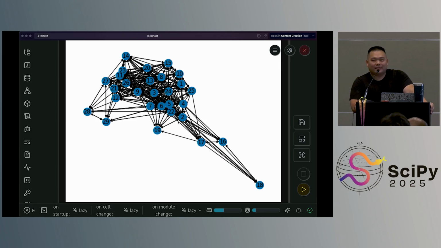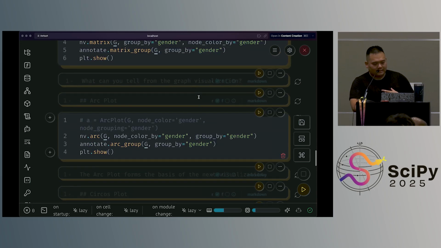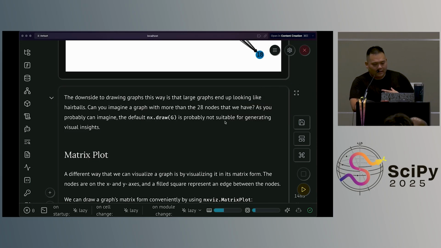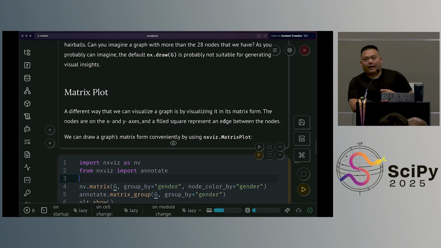That's a really great segue into how we do rational graph visualization. So this looks like a hairball. I don't think that's necessarily the nicest. There are better ways, there are different ways. And the first one that I want to showcase to everyone is what we would call a matrix plot, all right? And this